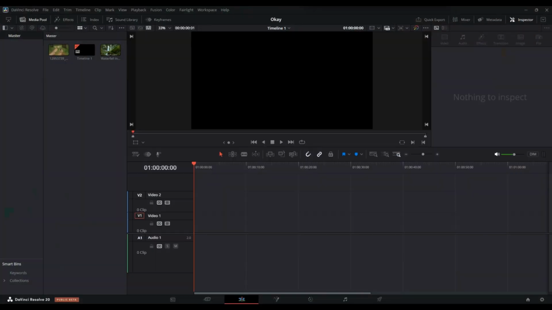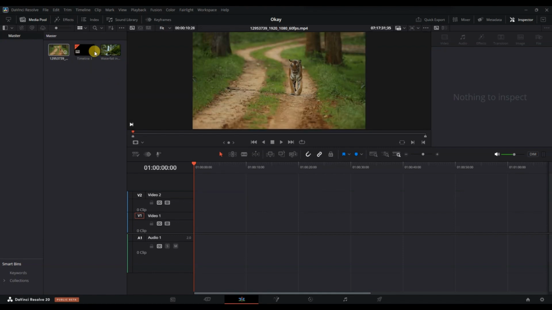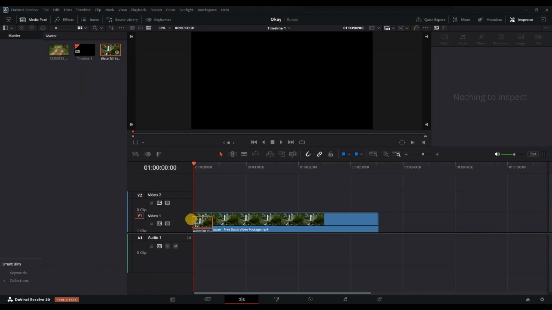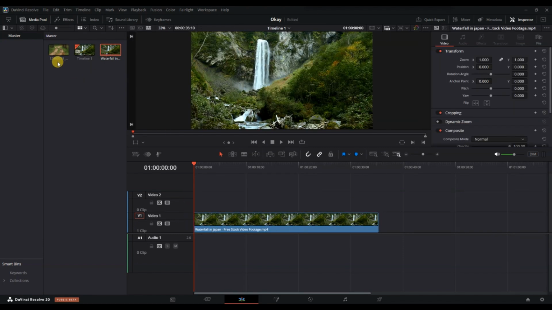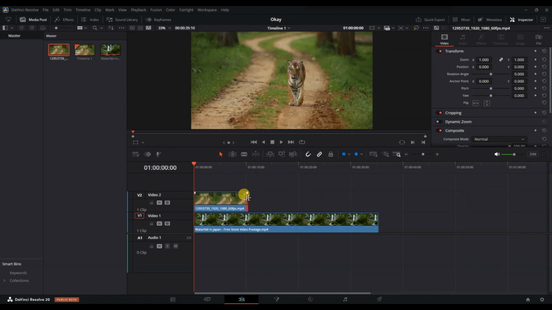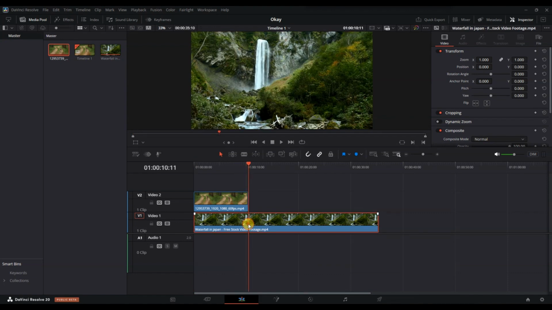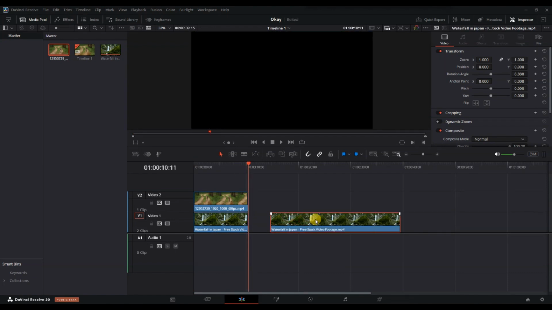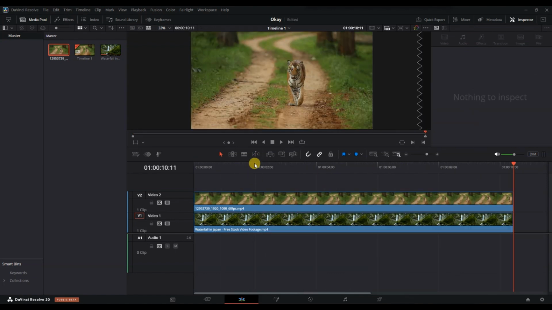First of all, open your project and import the two video clips you want to use. Drag your main video clip to the timeline on video track 1. Next, drag the second video clip, which will appear as the smaller picture, onto video track 2, placing it directly above the main clip. Then, select the clip on video track 2 and open the inspector panel on the right